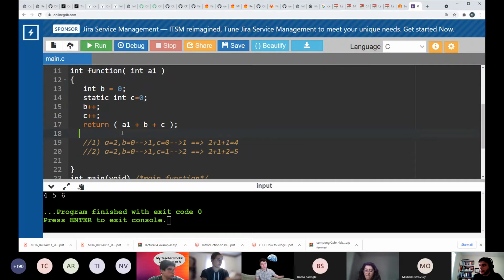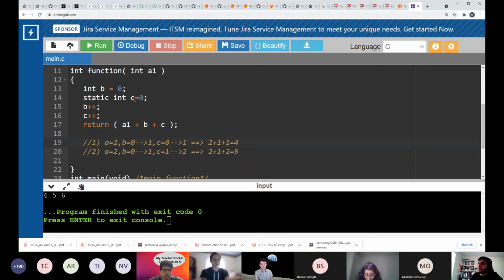But again, feel free to ask. Could you have used a global variable outside the function instead? Yes, definitely, you could have. But there is a very big difference between a global variable and a static local variable, because we said there is a difference between the duration of the lifetime of the variable and its scope. And that's really something worth trying.